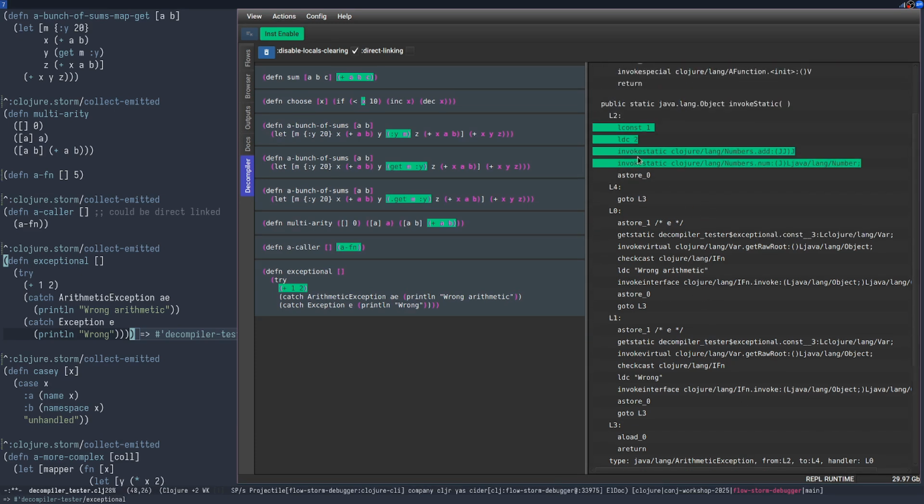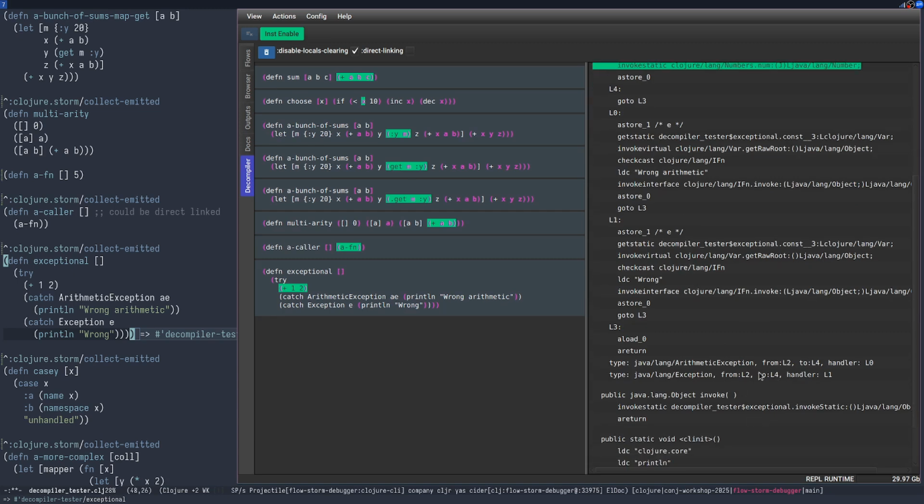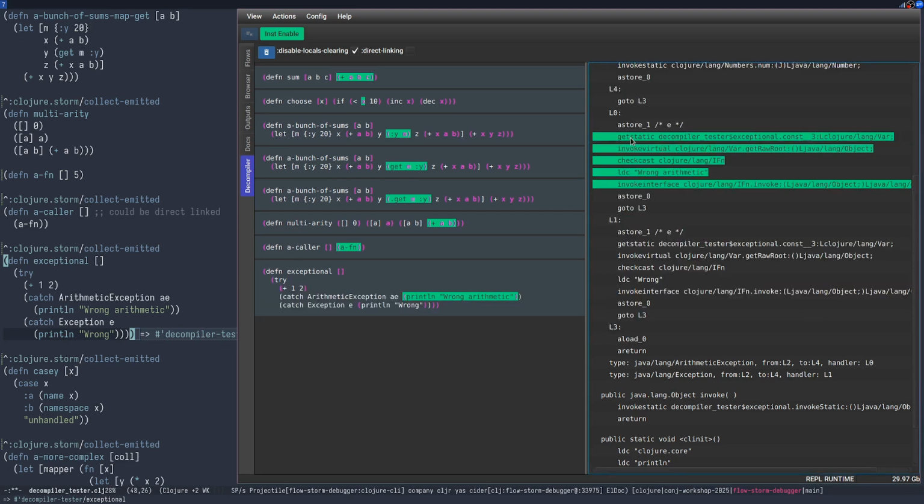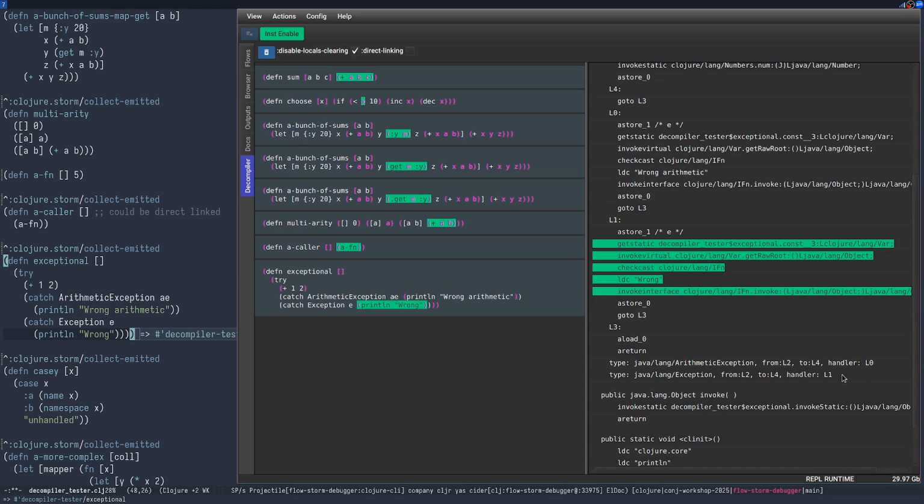So this is the body. And then if it's an arithmetic exception, it's going to be handled by L0, which is this print line, or it's going to be handled by L1 in case it's an exception. Okay,